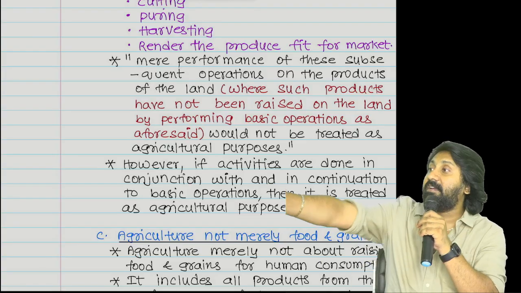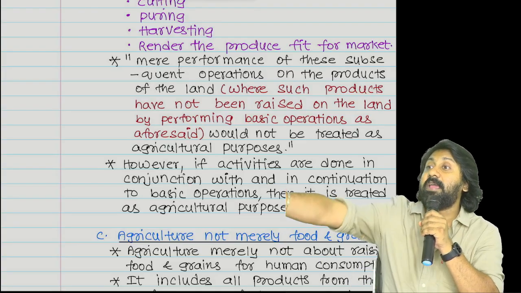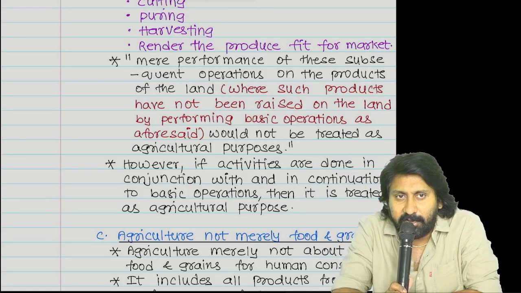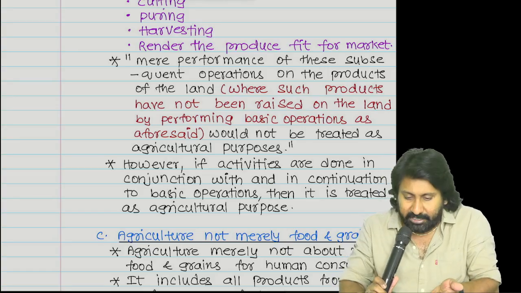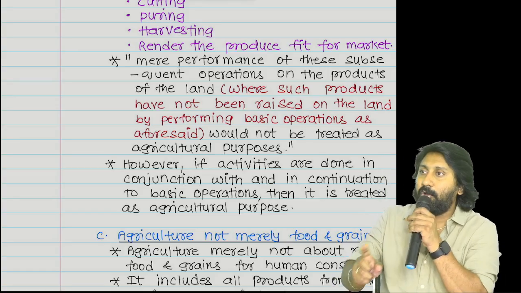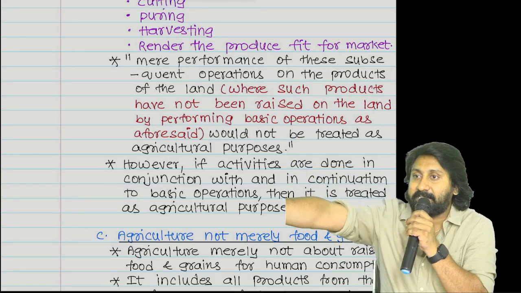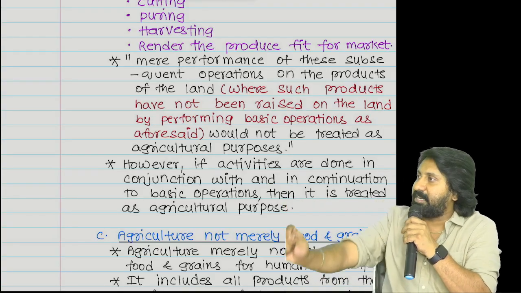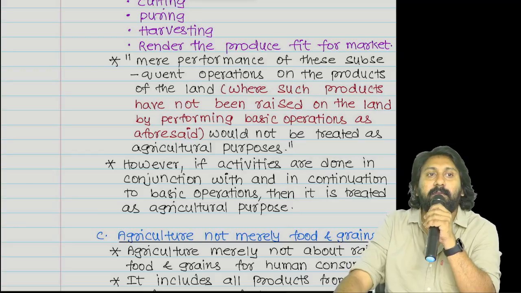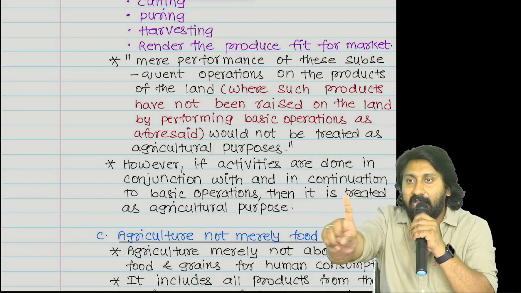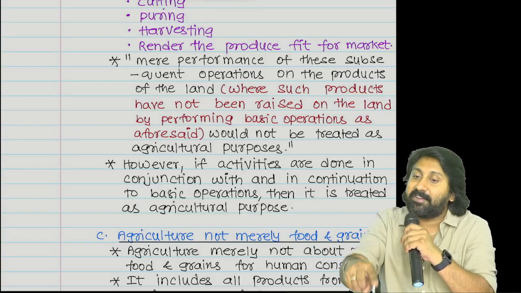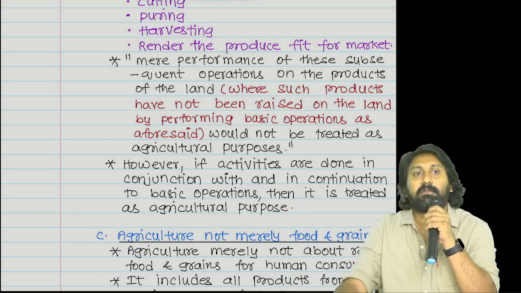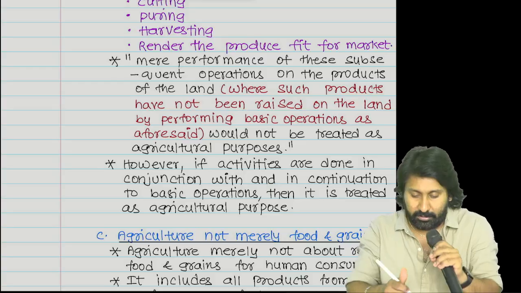Answer. He is saying that 1 lakh is my agricultural income. Agricultural income, or not an agricultural income? Not an agricultural income. Why not? Subsequent operation is there, no? No, he is not doing any basic operation. He is doing only subsequent operation. Just mere subsequent operations, if you do them and get an income, will not be treated as agricultural income. You do the first activity and the second activity, then the second activity also becomes an agricultural activity. Understood the point or not?